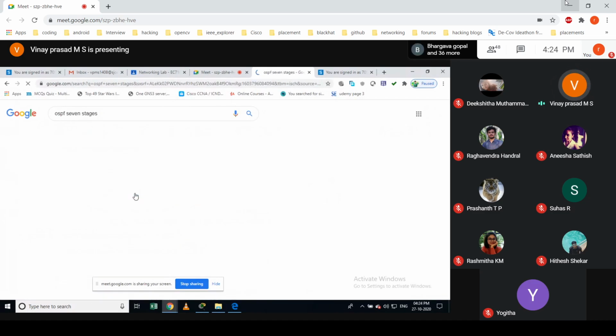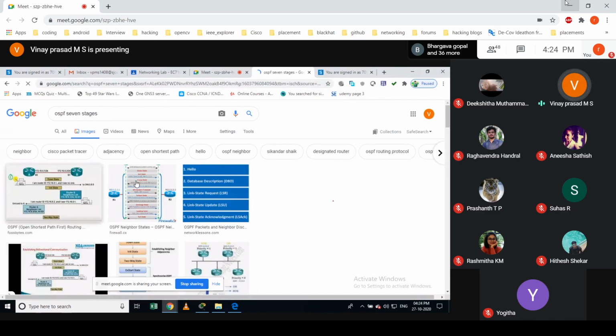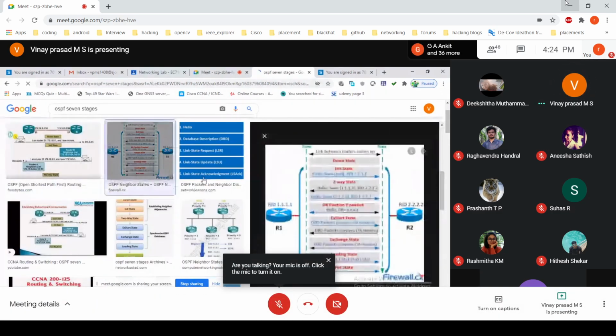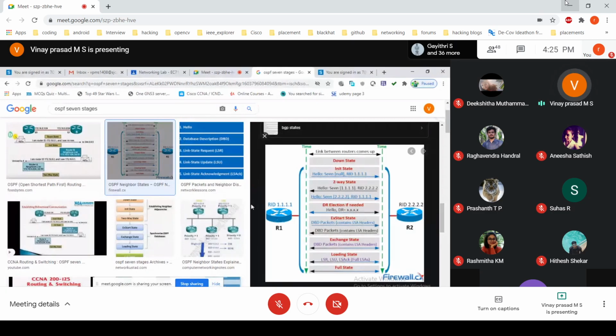It has an initial stage, the dead state. Just see these 7 stages. If you look at this, there are two routers, and if they are enabled with OSPF, they go through these 7 states or stages, whatever you call them.